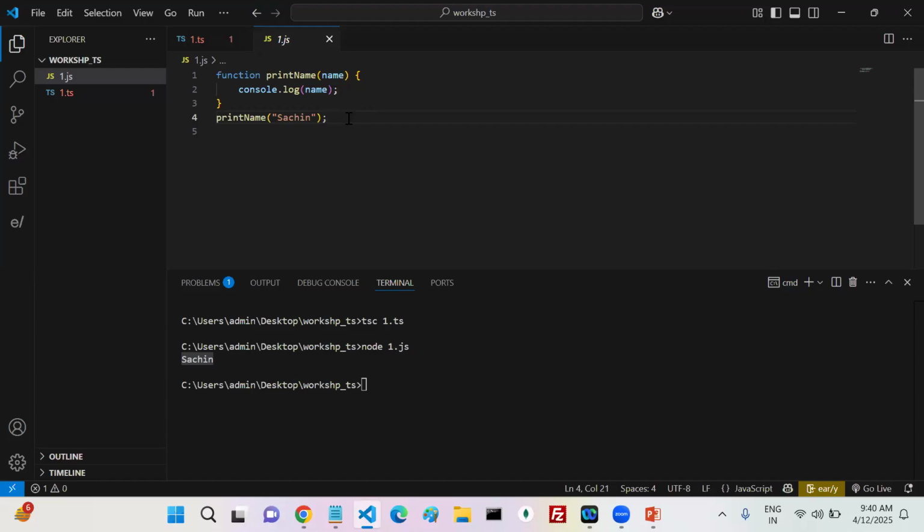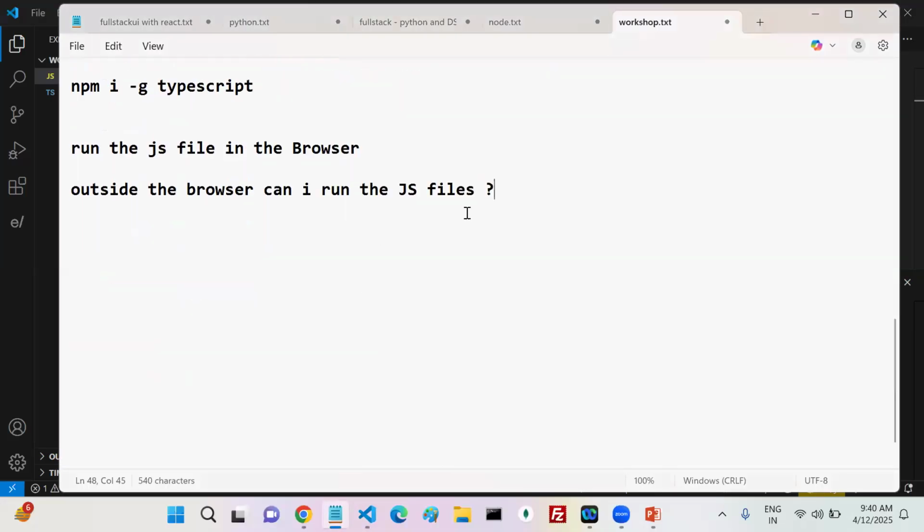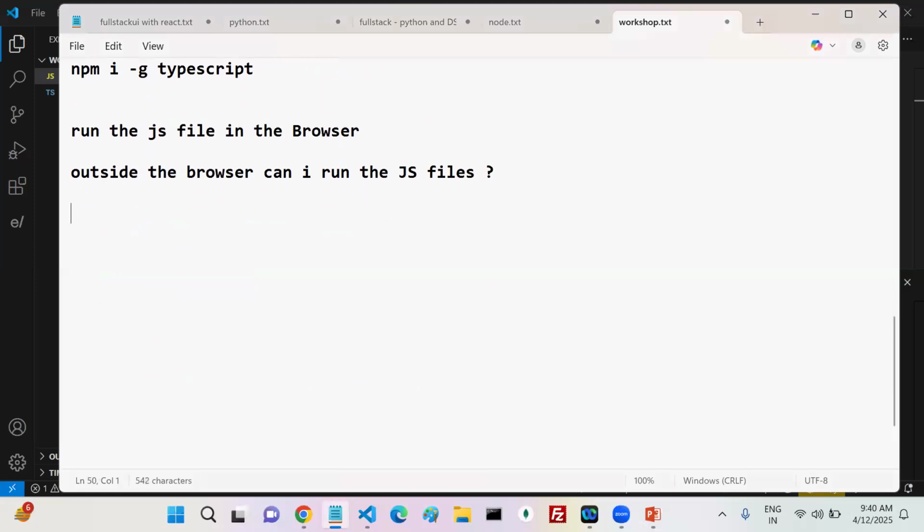Okay, now in TypeScript, I want to give one more example also, class related. We'll see that one. In TypeScript, what kind of types are we usually going to see? One is string. Another one is number. The next one is boolean, like true or false.